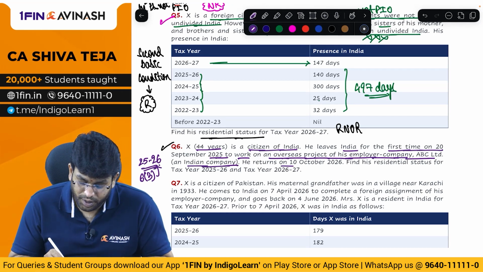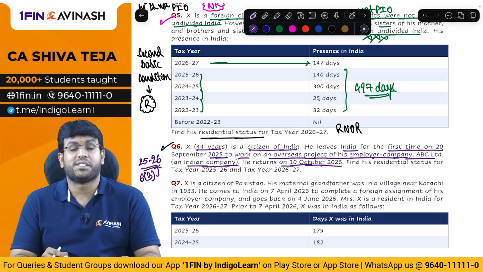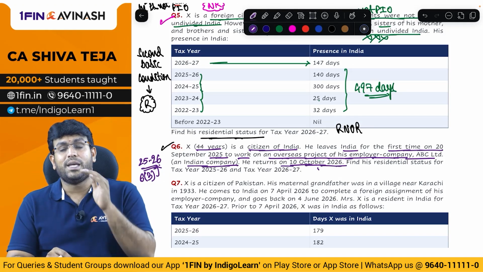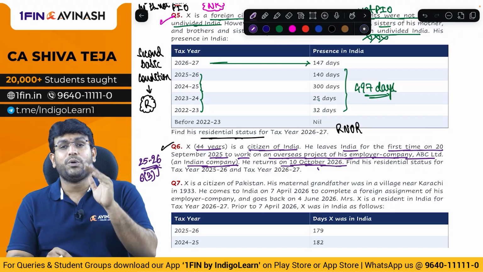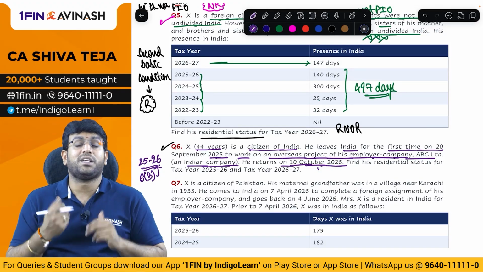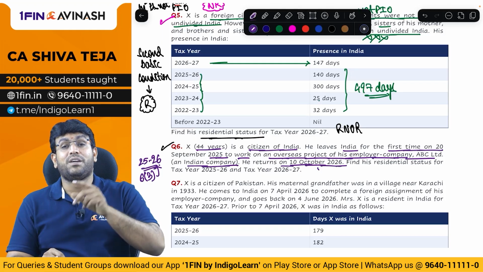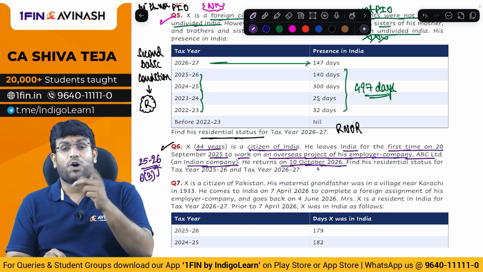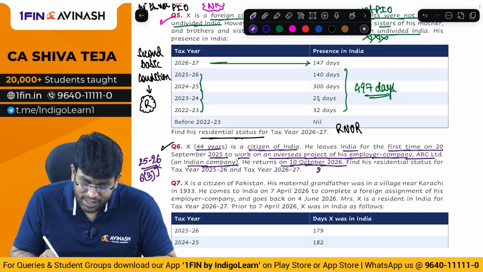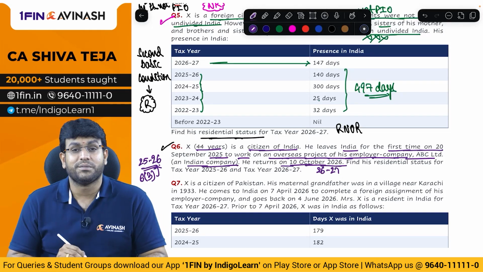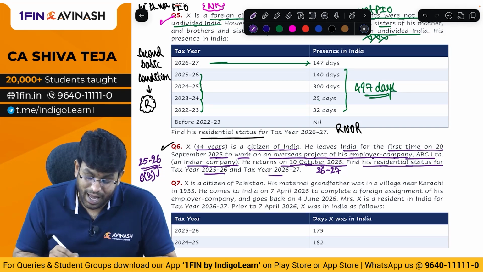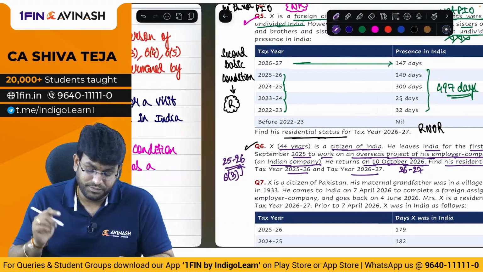And he returns on 10th October 2026. On 10th October 2026, he came back to India. When I say he came back to India, he has not come to India for a visit. He has come back to India permanently. So we will not apply the special case. Special case will apply only when an Indian citizen or person of Indian origin is coming to India for a visit. In 26-27, he has not come for the purpose of visit. Find his residential status for 25-26 and 26-27.